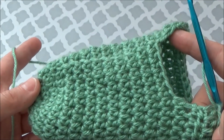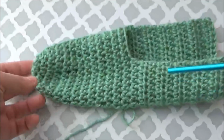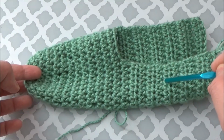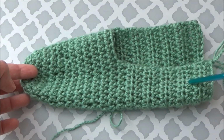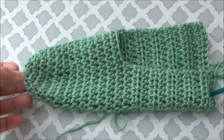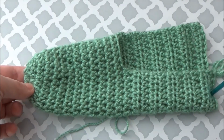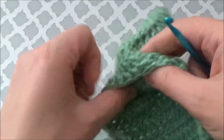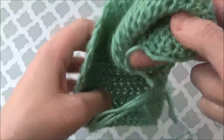back with you later. Okay guys, when you have 11 rows from here, so 1, 2, 3, 4, 5, 6, 7, 8, 9, 10, 11, or 24 rows from the beginning, you need to turn your slipper inside out,